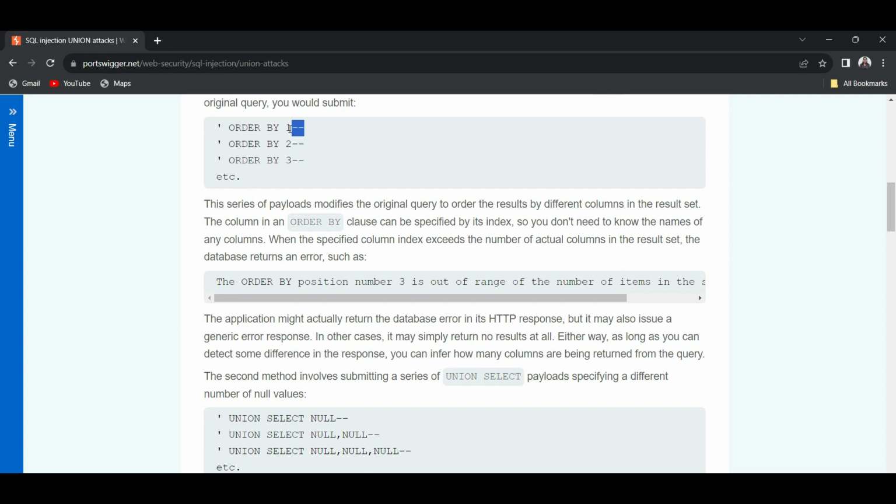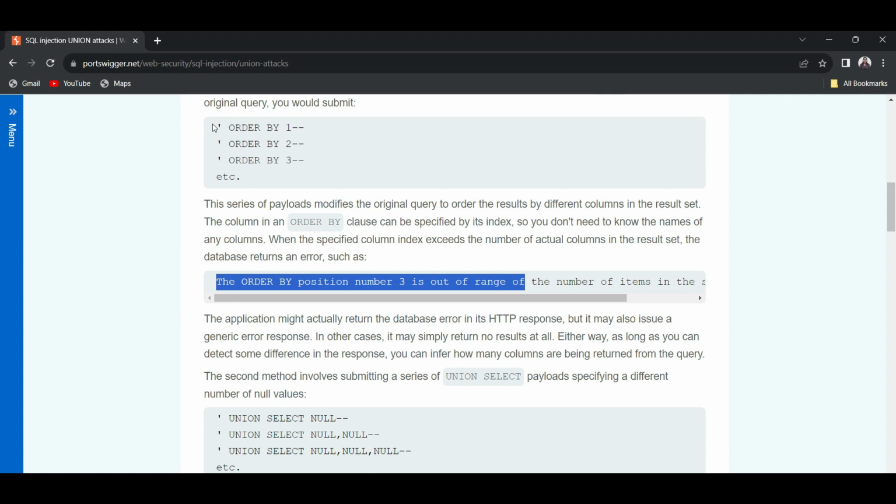We are going to use this payload to find out how many columns there are on the backend side. This is a scenario and there is one error message, you can see. We will see the practical, don't worry.